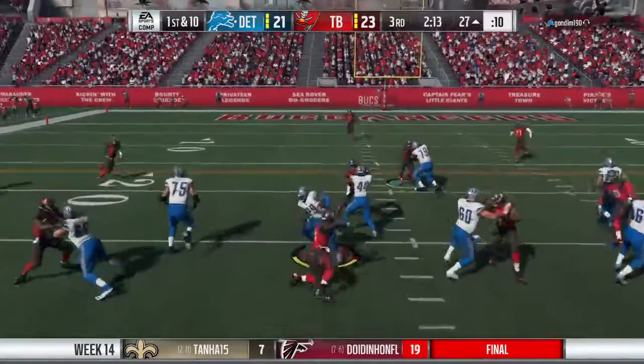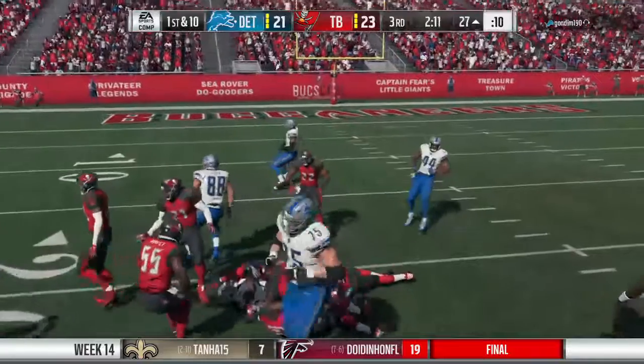Again, it's Bell. Had a nice broken tackle,